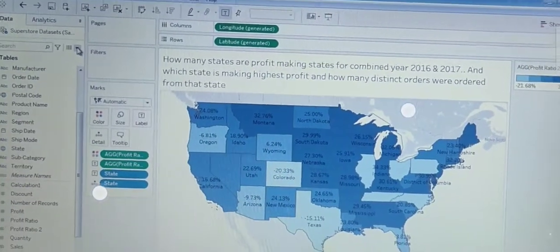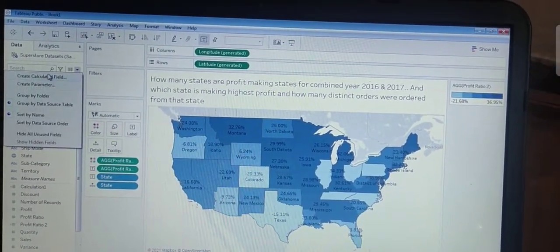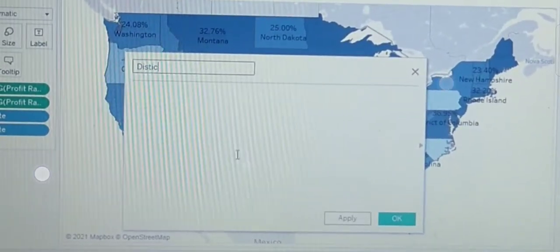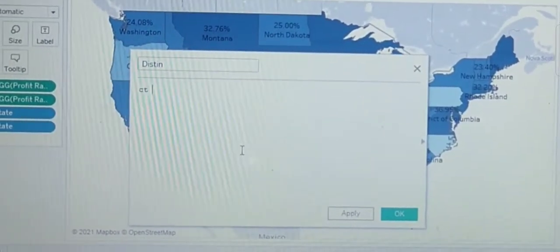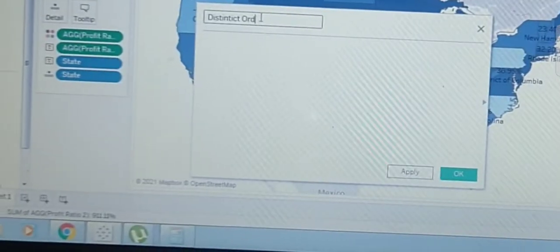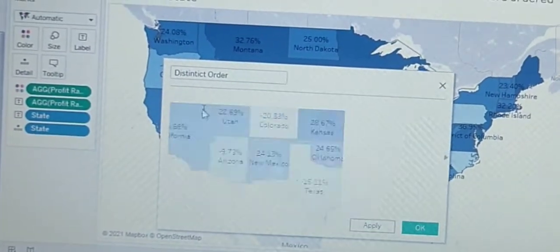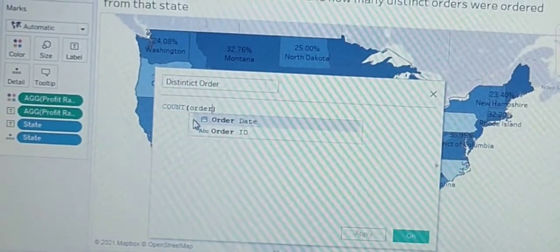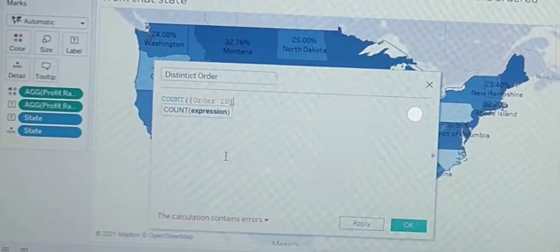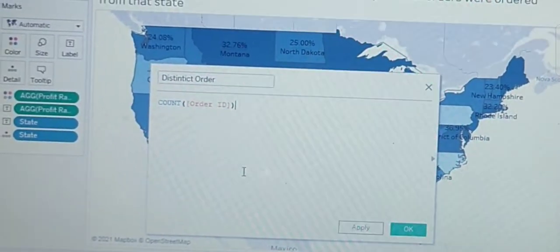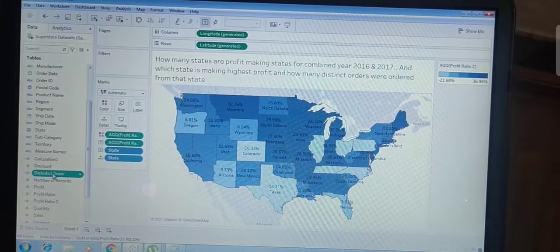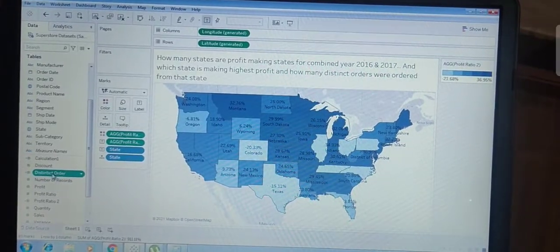So if we create the calculated field, distinct order, count of Order ID, this gives us the total number of orders. I just click OK and then drag it into the text.